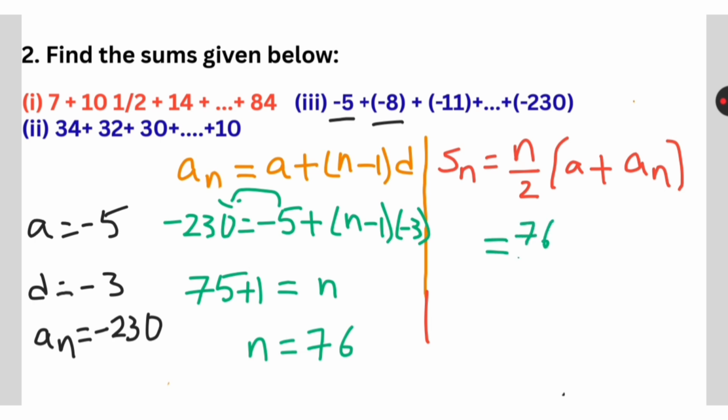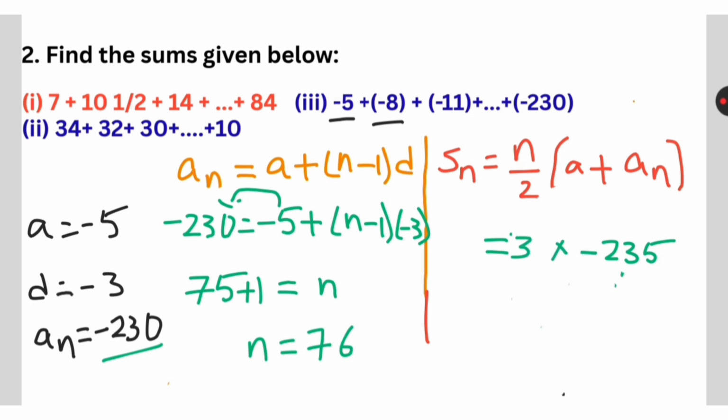n is 76 over 2 times. What is a? Minus 5 plus what is the last term? Minus 230. So minus 230 minus 5, which is minus 235. Now cancel this 2 times. 2 3s are 6. 2 8s are 16. That is 238 times is 76. Now we have to multiply only